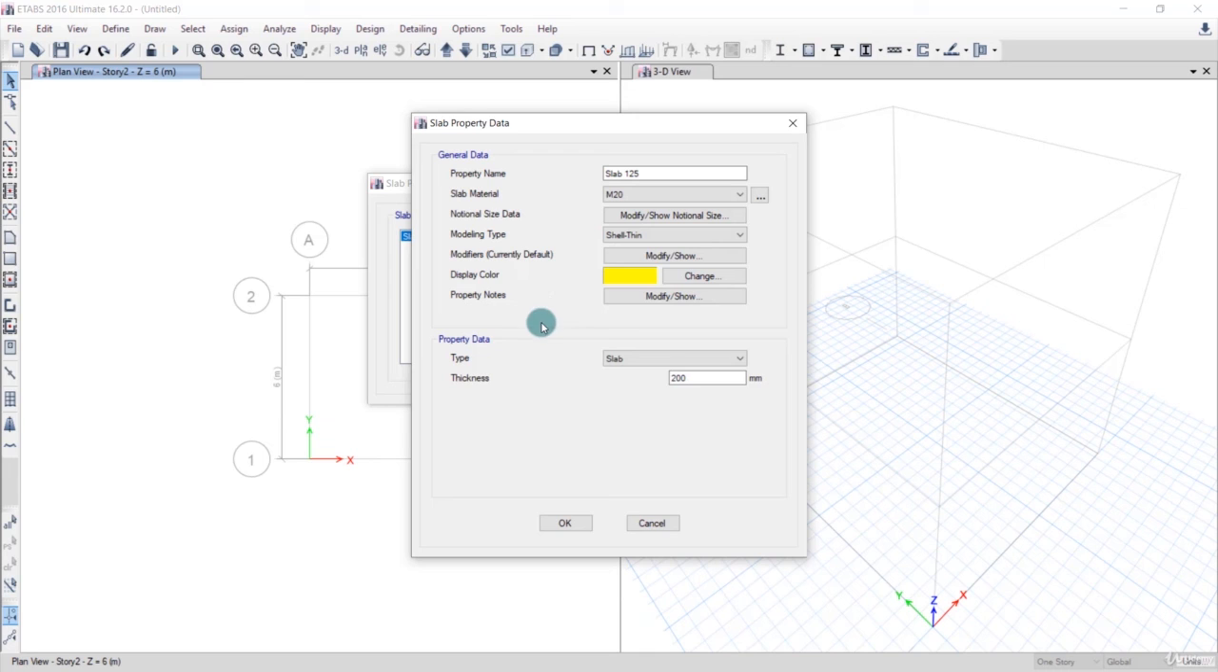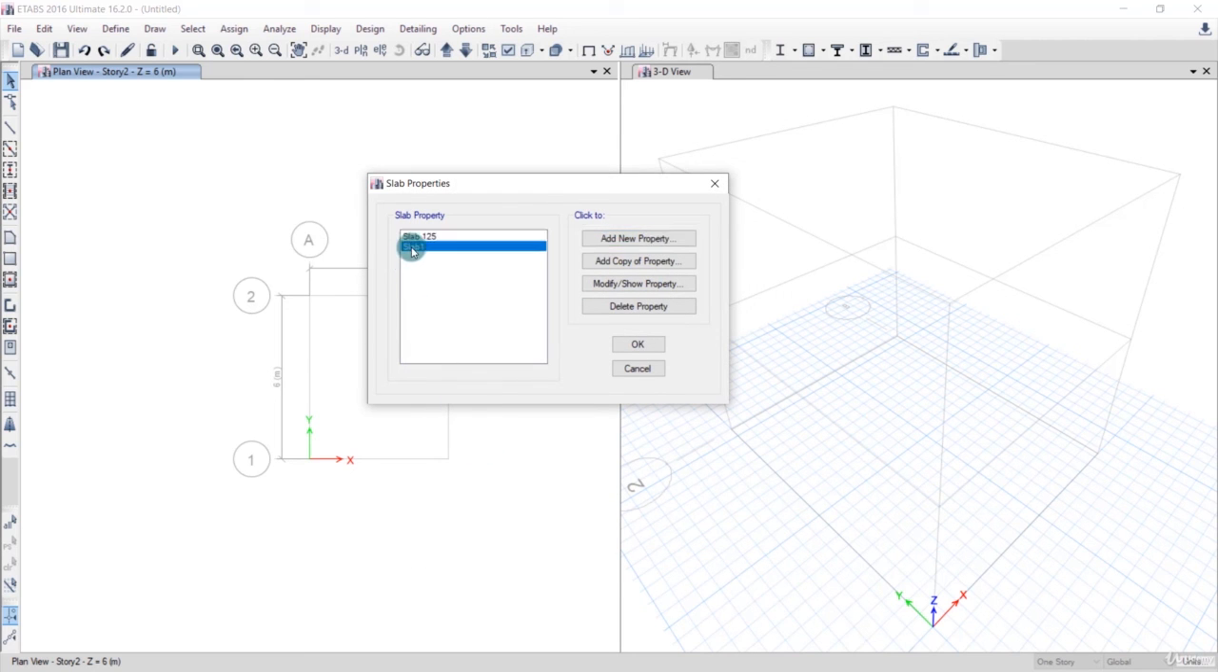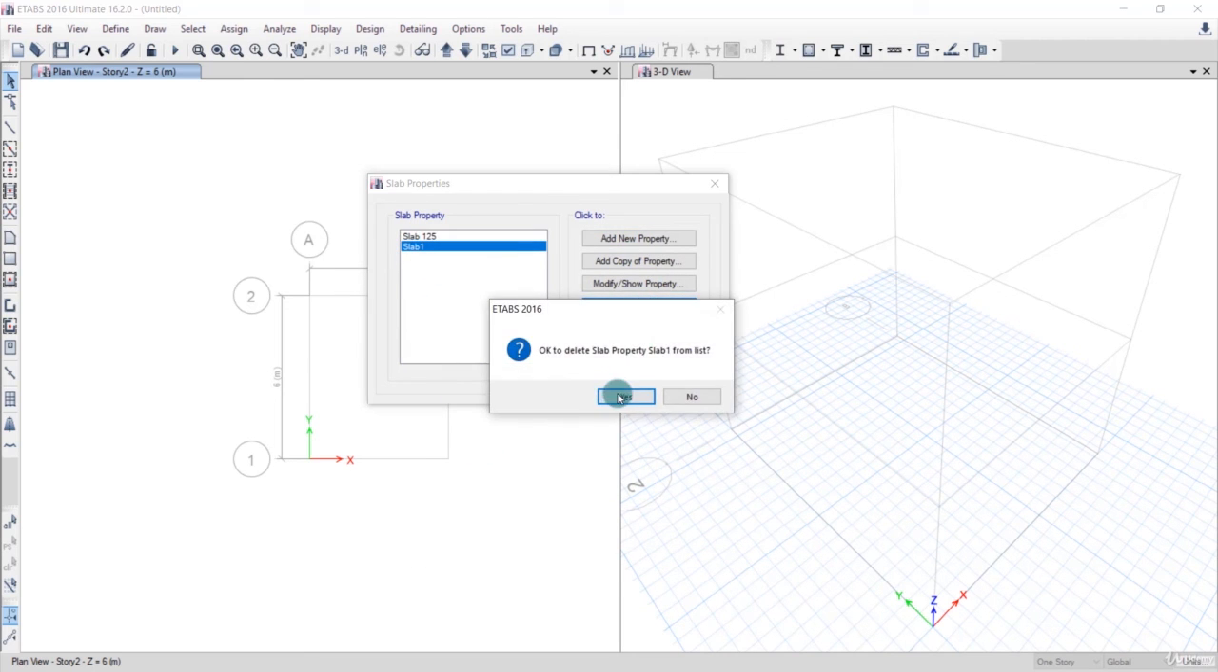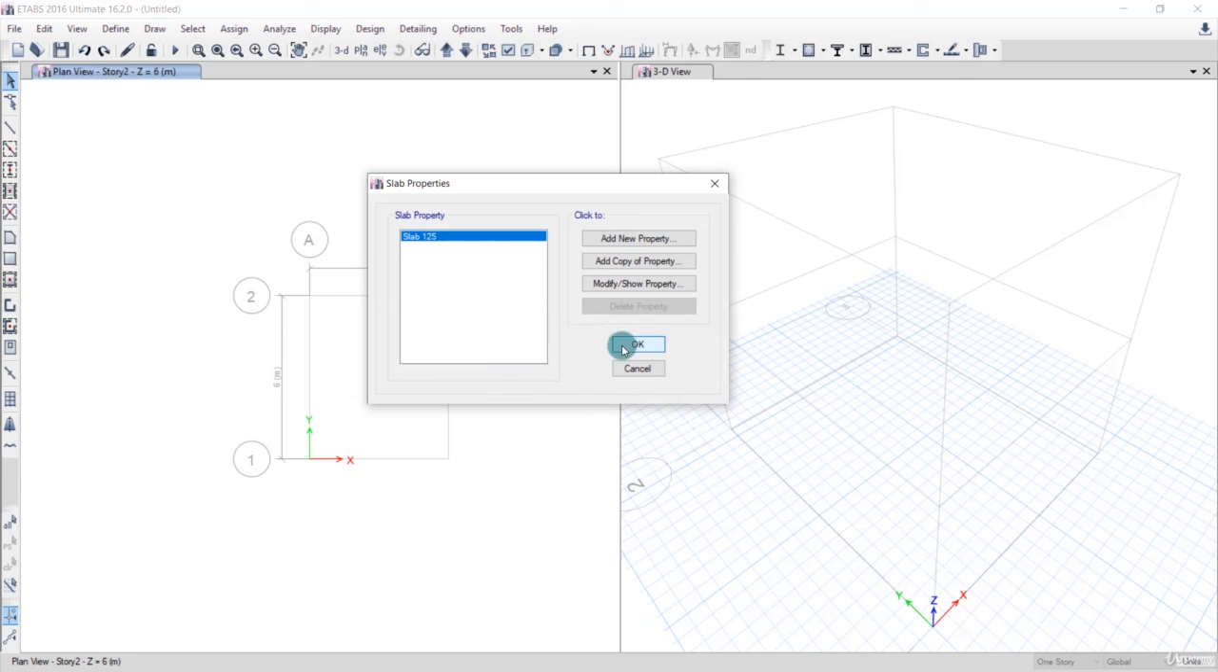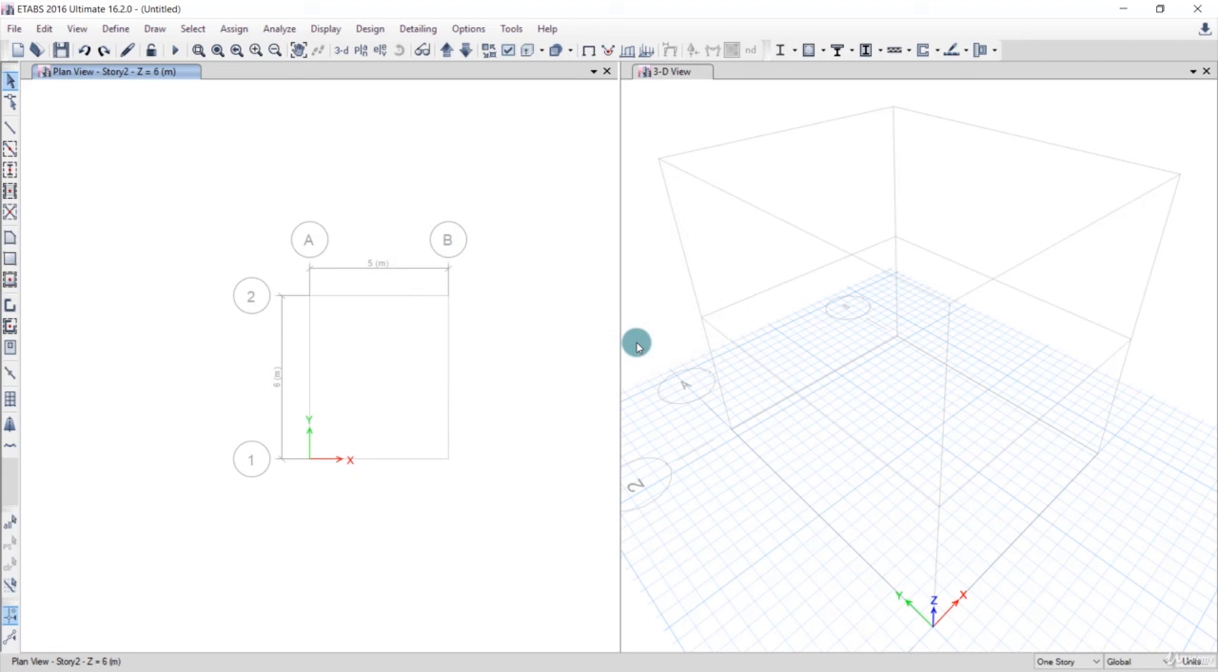All right. Property data, it's a slab and the thickness is 125 mm, so it's not any other slab, such as a dropped or ribbed slab. We'll just click on OK. Now we can delete this slab as well, because it might confuse you. So just click on OK. So now we have done